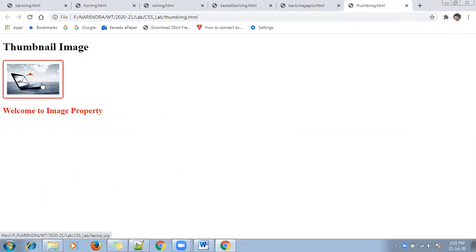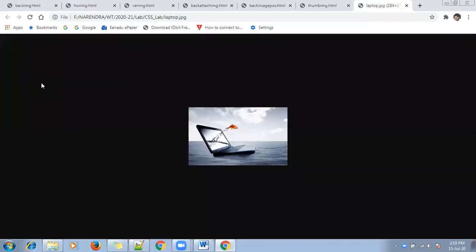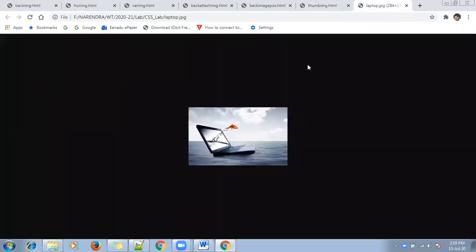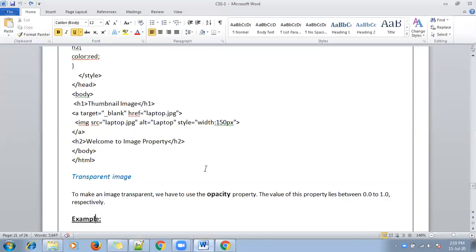That is our concept of thumbnail image, right? All of you observe here, I'm clicking on the small image. Click. Yes, it's shown to you. If you click on this, your image will be opened in the next page with a larger size. Okay, this is what the thumbnail image property is.